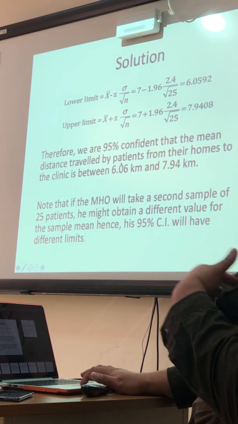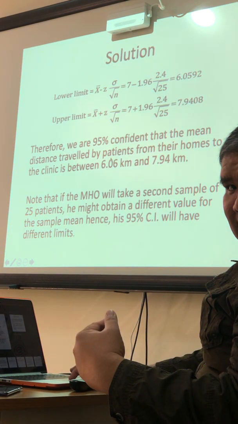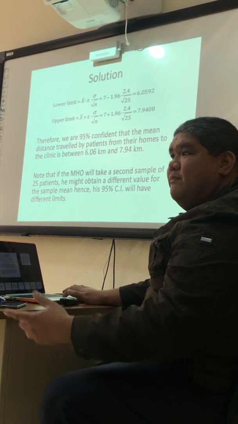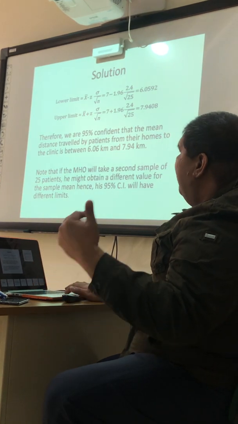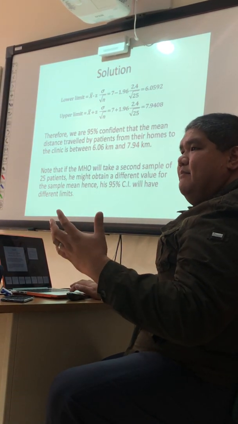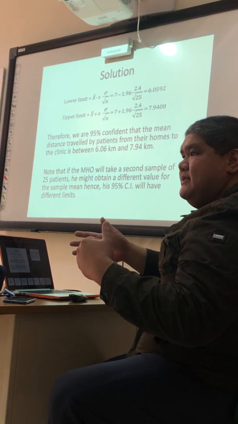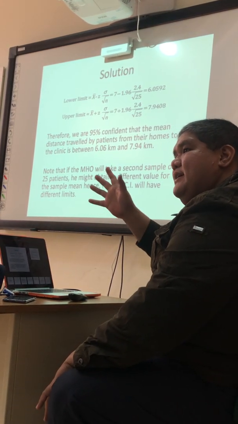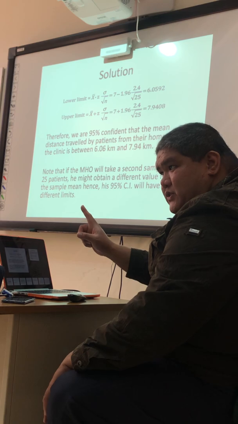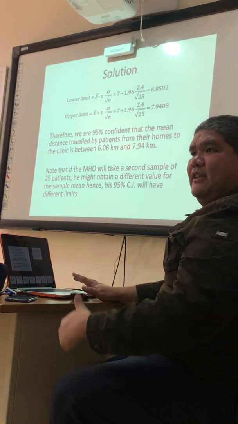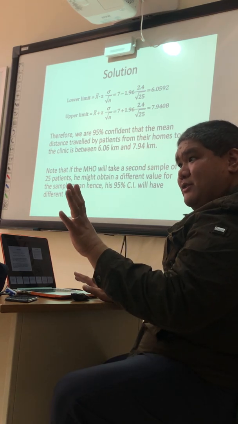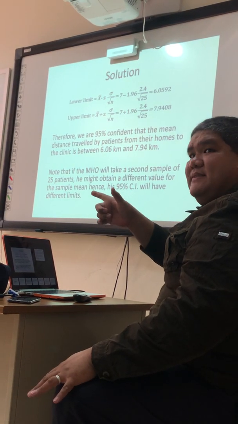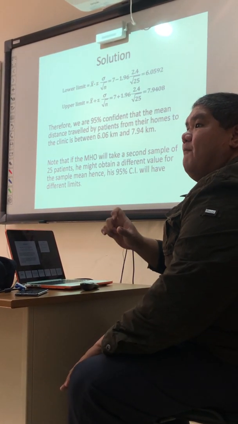95. Therefore, we are 95% confident that the value of the mean, the value of the parameter, what is the value of the parameter that we are estimating? The distance traveled by the patients from the houses to the clinic is between 6.06, do not forget the unit, kilometers, and 7.94 kilometers. Take note, the general template is this. We are blank % confident that the value of the parameter, so